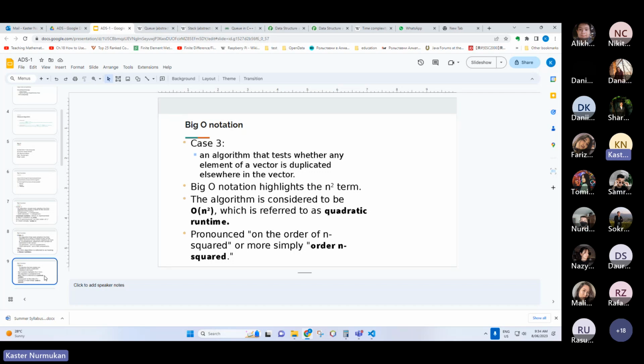So that's the reason big O notation highlights this. So the size can possibly extend, so certain operations will be used, such kind of complexity. So for example, in the bad case,